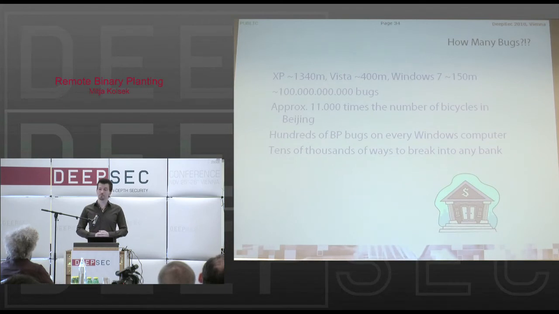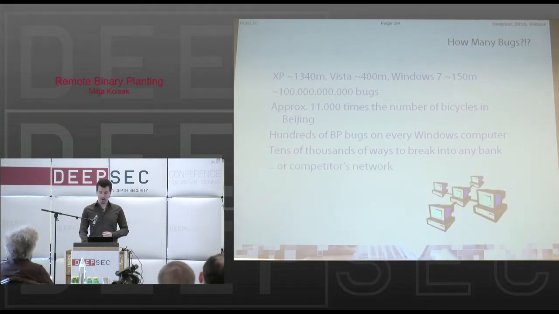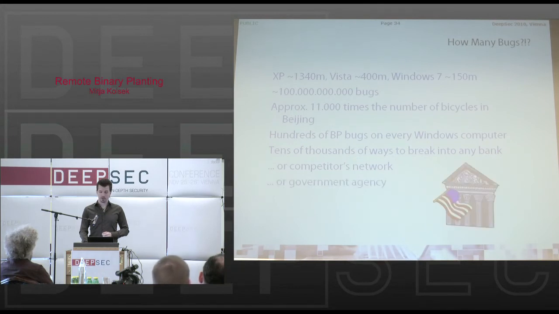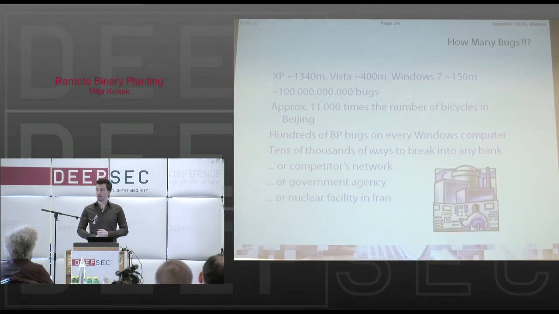This also means that there are tens of thousands of ways to break into every bank, every network, every agency, and every critical infrastructure in the world, which is pretty cool. Ever heard of Stuxnet? I think you have. But did you know that Stuxnet uses a binary planting vulnerability in one of Siemens' products for propagation and for resilience?